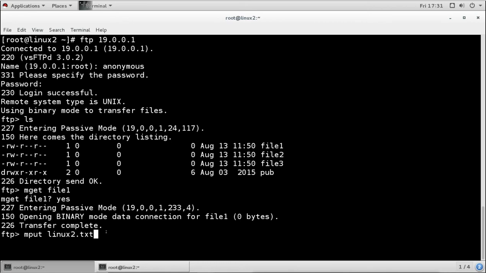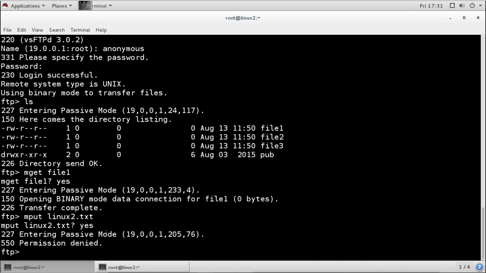And when I give the name directly and press enter, it says, are you sure? I say yes, I am sure. Now it says permission denied. So why is it denied? It is denied because we logged in as an anonymous user, and this is the default configuration. By default we have anonymous user enabled in FTP server, and anonymous user can log in without any password. Now anonymous means nobody. Now nobody, that means it is not an authenticated user.